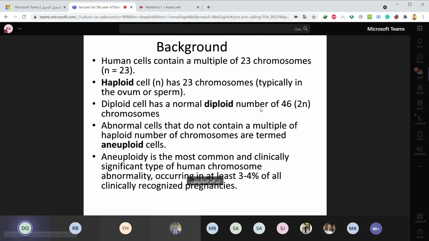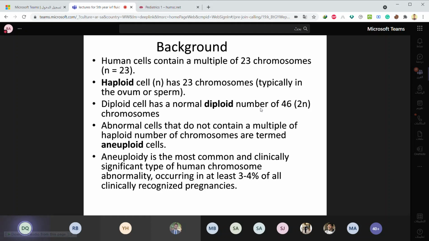As you know from your first 3 years of studying medicine, a human cell contains a multiple of 23 chromosomes. A haploid cell has 23 chromosomes, typically in the ovum or the sperm. Diploid has the normal diploid number, 46. Abnormal cells that do not contain a multiple of the haploid number of chromosomes,